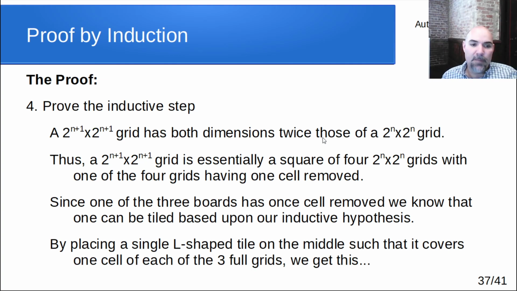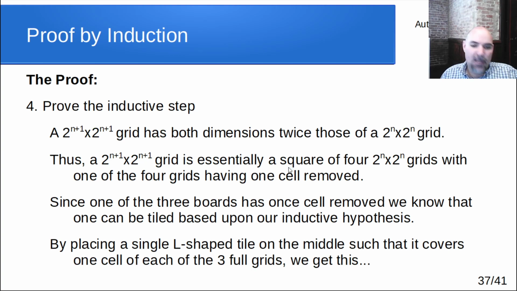And every time I increase to the next n, I'm doubling the dimension. And that's important, because we can think of a 2 to the n plus 1 by 2 to the n plus 1 grid as essentially a square that has 4 2 to the n by 2 to the n grids, because we doubled the size. Think of it like you're unfolding it to twice the size in both dimensions. So now we have a group of 4 of those grids where previously we had 1. If we double it again, we now have 4 of those where previously we had 1. And since one of those 4 boards has to contain the one single cell that was removed, we know that